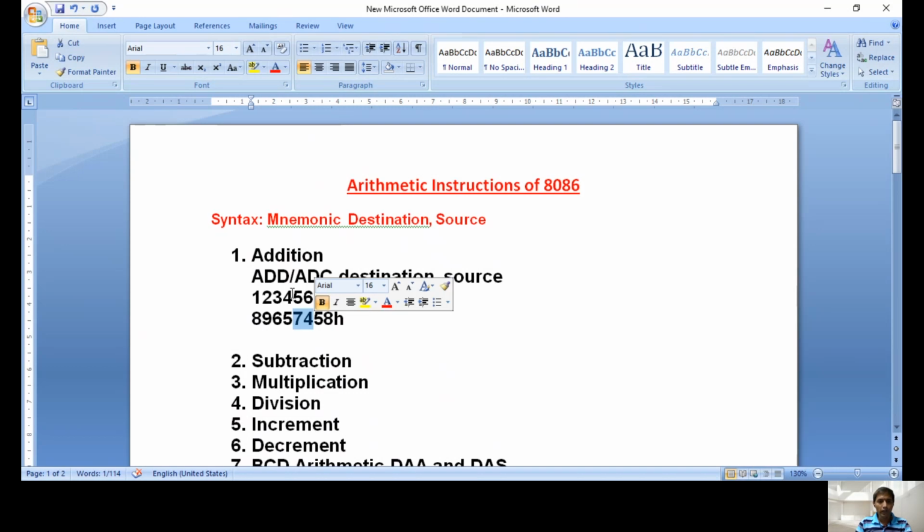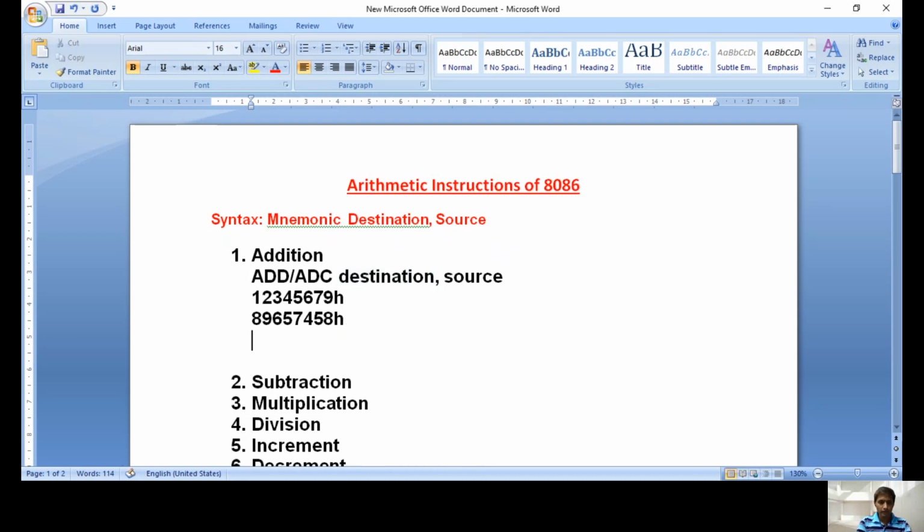So in that particular case, if you write the ADD instruction, then when adding the first bytes we get a carry. Next, if you write ADC, it is called addition through carry. So if you write the ADC instruction, then automatically, if you add the first two bytes and get a carry, that carry will be passed to the next positions automatically. That's the advantage of the ADC instruction. So in both ADD and ADC, what is your observation? The content of source is added to destination and the result is stored in destination.